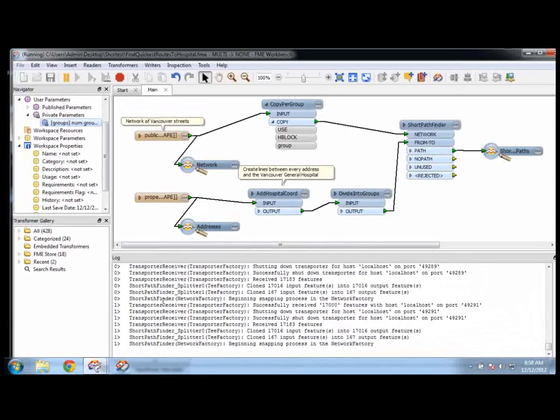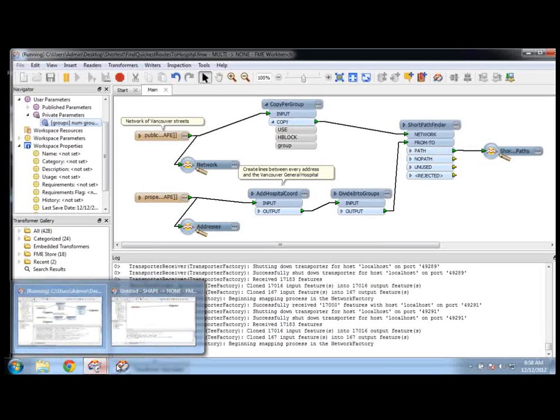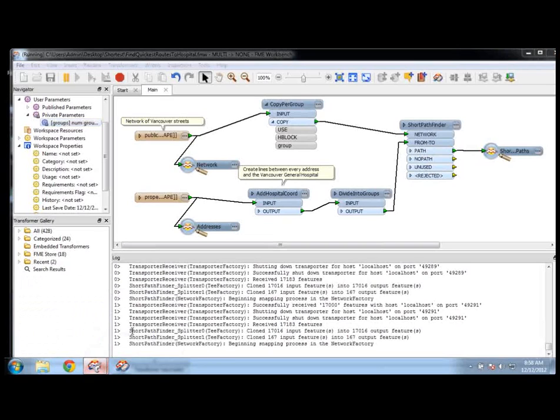Now, if I would do every address in Vancouver, I would see an even more dramatic speed up than what I'm going to see here. This thing is going to end up taking about 50 seconds, down from 136, and that's even with the huge overhead I've got of all those clones. So that's that one, and probably the other thing I was going to show, which I won't get into,